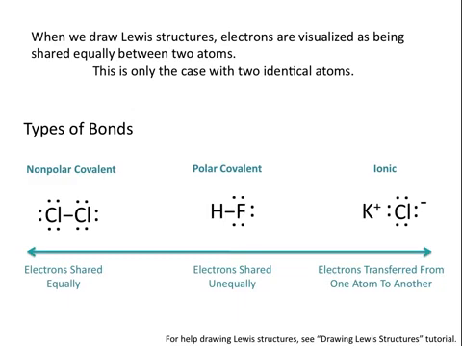For example, in the molecule Cl2, the bond between the two chlorine atoms is a nonpolar covalent bond, because both atoms are identical, so each has the same electronegativity, or the same pull on electrons shared in a bond. In a polar covalent bond, such as the bond between HF, the electrons are shared unequally. Fluorine, being the more electronegative atom, has a much greater pull on the electrons in the hydrogen-fluorine bond than hydrogen does. Potassium chloride is an example of an ionic bond, where essentially the electron from potassium is transferred to chlorine,